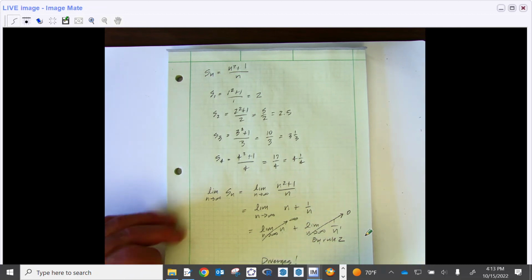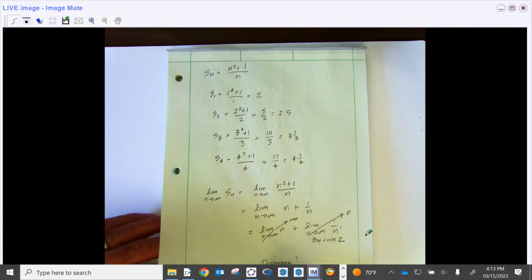I hope that makes sense. So I wanted to give you at least one example where we had divergent function, and this would be one. All right, let's go back and talk a little bit about